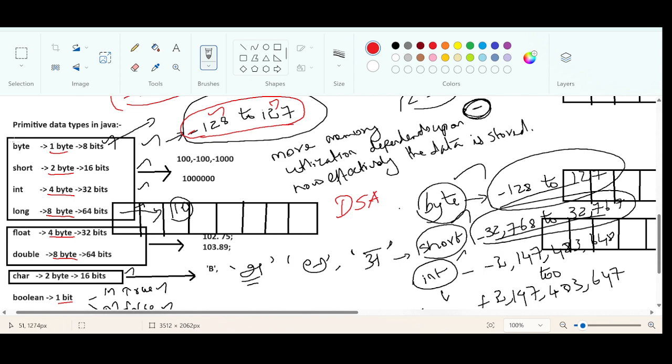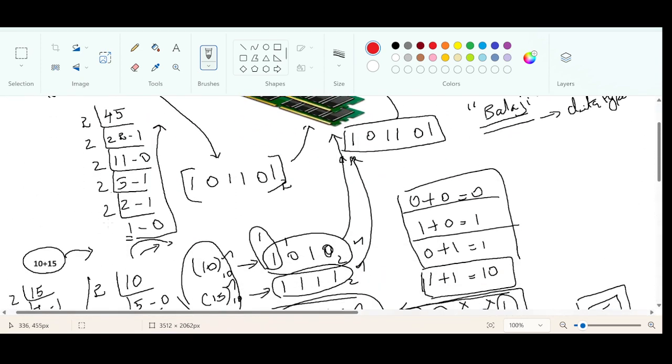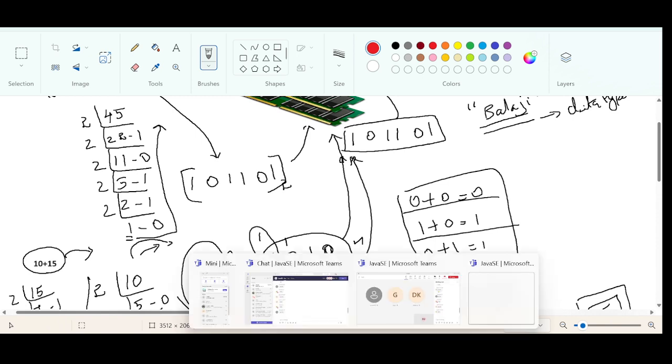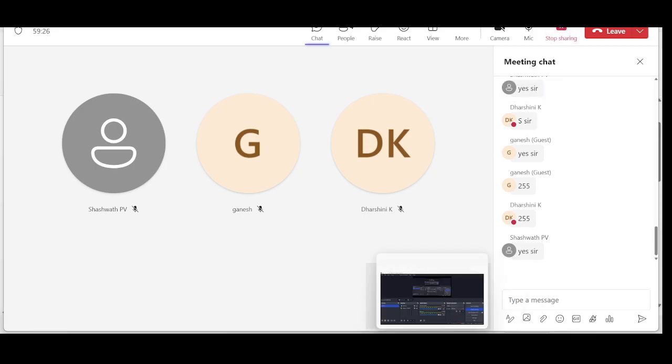Making sense? But still we have a lot of time. If you have time, see these videos once again on how to do the conversion between binary to decimal. I mean, these things are self-explanatory. I hope you have understood these things in your school days itself. Right? Any